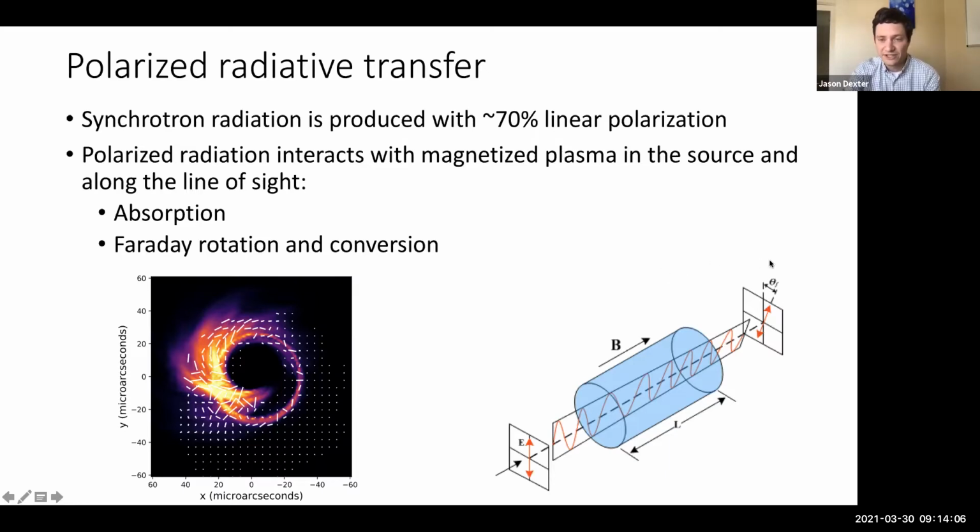So this Faraday rotation effect may be familiar. If you start with polarized light and pass it through a magnetic field, then its polarization direction will rotate by some amount, which depends on the density of the material, its field strength, and the length through the so-called screen, here the blue cylinder from Wikipedia. And it turns out, I'll argue in a second, this is really an important effect, Faraday rotation, so we'll talk about it a lot today.